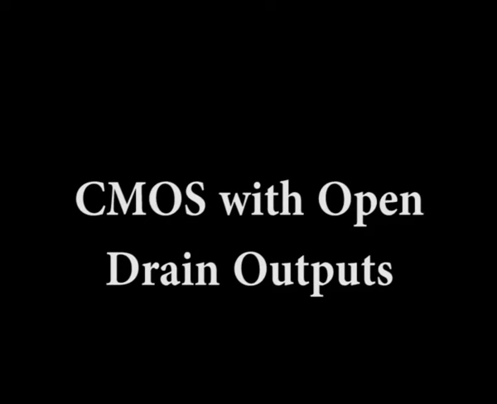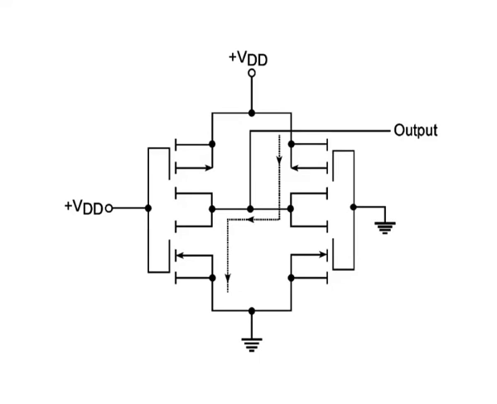CMOS with open drain outputs. The output of conventional CMOS gates should never be shorted together, as illustrated by the case of two inverters shorted at the output terminals. If the input conditions are such that the output of one inverter is high and that of the other is low, the output circuit is then like a voltage divider network with two identical resistors